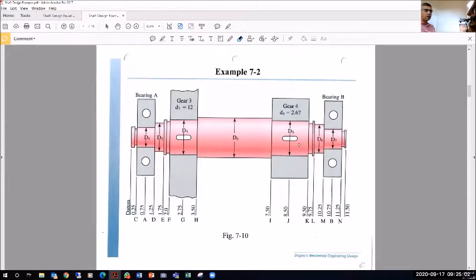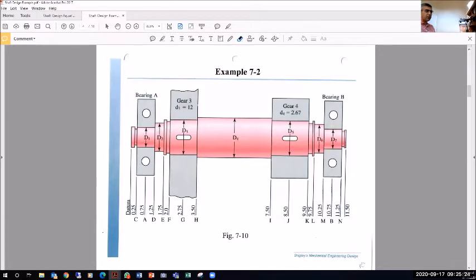And I'm copying that to the right side, where also my gear is resting on the shoulder, with a groove for a snap ring. Same with my bearing, resting on the shoulder, and then I have a groove for a snap ring. So this is basically the shaft that we want to design,